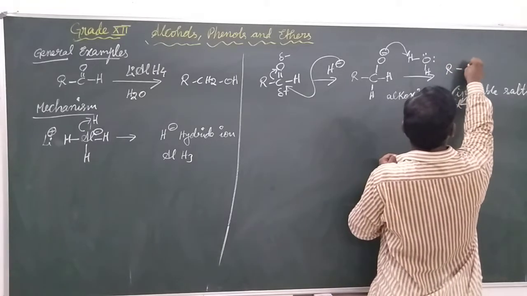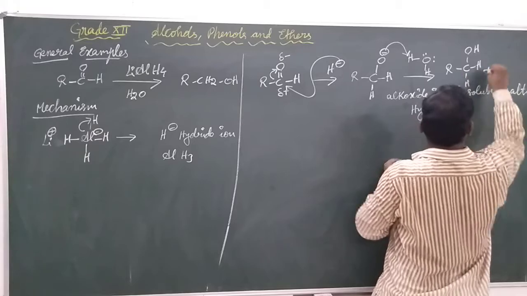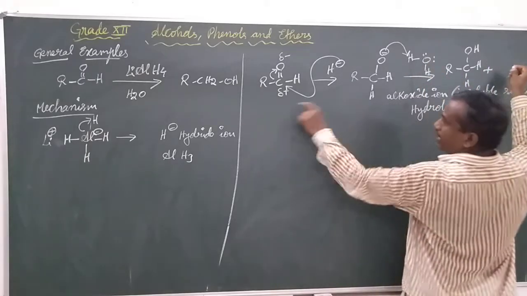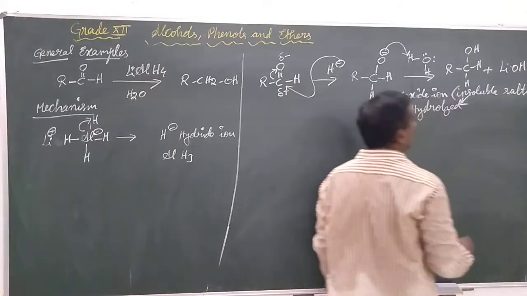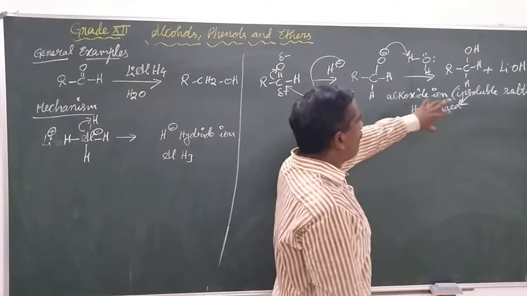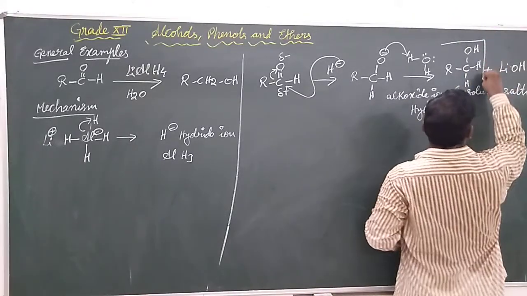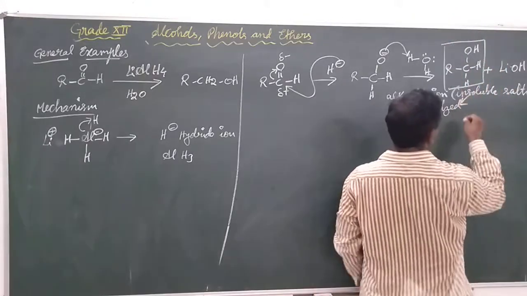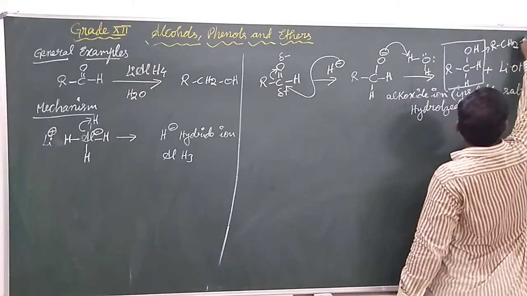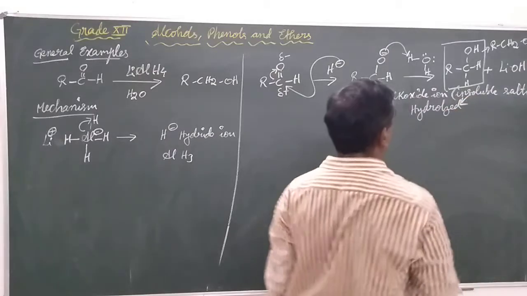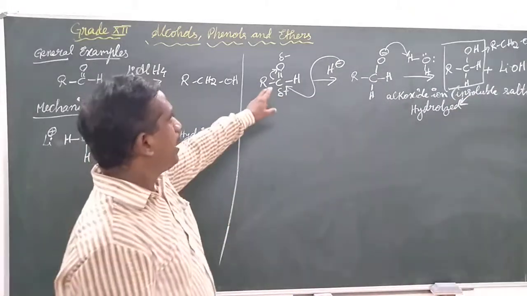To make the insoluble salts hydrolyzed, we protonate the alkoxide to the alcohol with water. So the final product will be R-C-H-H and OH. In the water we have OH, and from the start we have lithium. Those both will form lithium hydroxide. We don't want it, it's just a byproduct. We just want our main product, RCHHOH. We can also write this as RCH2OH.